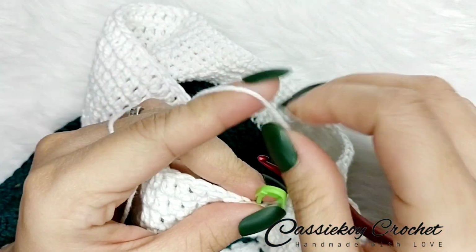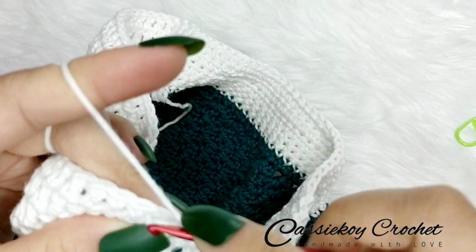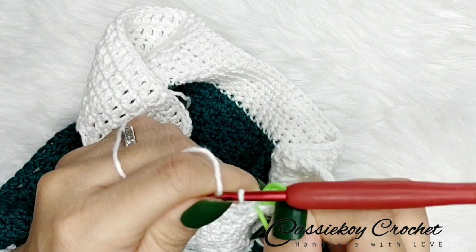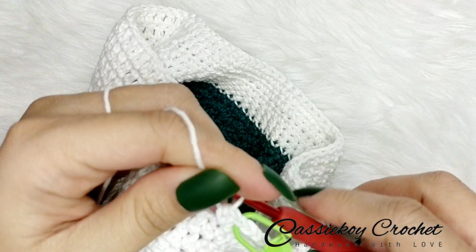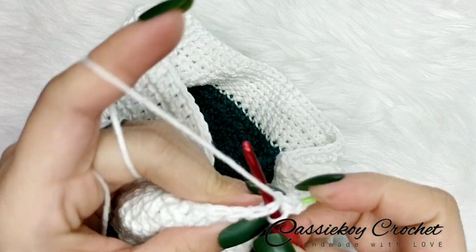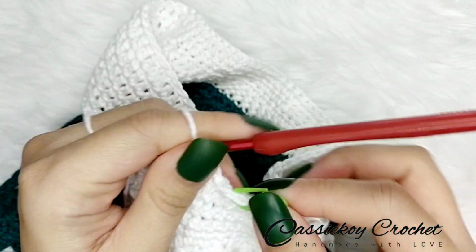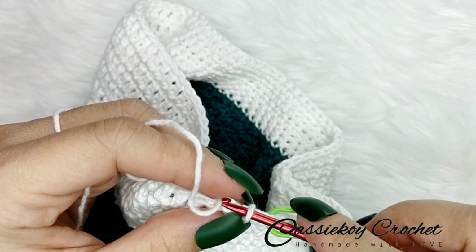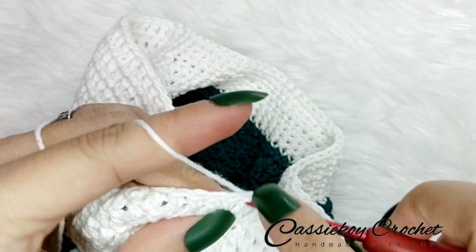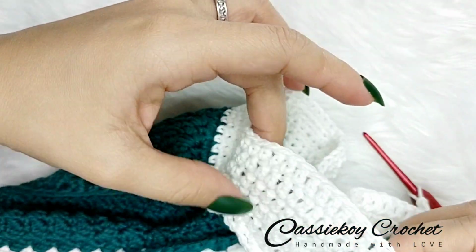Now, we're on the stitch marker. So we will place here, this will be the last single crochet and double crochet stitch. After this, you will skip 1 stitch. Again, skip 1 stitch. Then proceed to the next: 1 single crochet and 1 double crochet. Skip 1 again. Skip 1 stitch. On the next will be 1 single crochet and 1 double crochet, or our Suzette stitch. Just do that until you finish this part, until here,